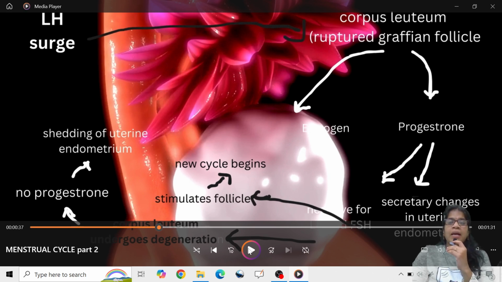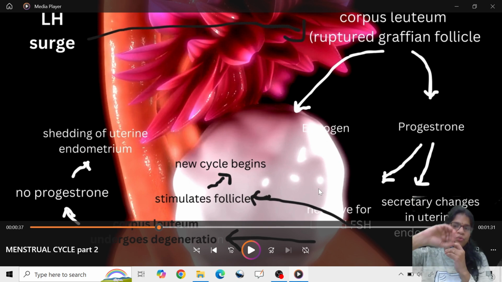Because progesterone is actually preparing your body for your secretion, for your menstrual cycle to happen. This particular progesterone gives the secretory changes in the uterine endometrium. I told you, for a uterus you have endometrium surrounded inside. So whenever it has not been fertilized, the whole endometrium gets shed, and again it will get prepared for your